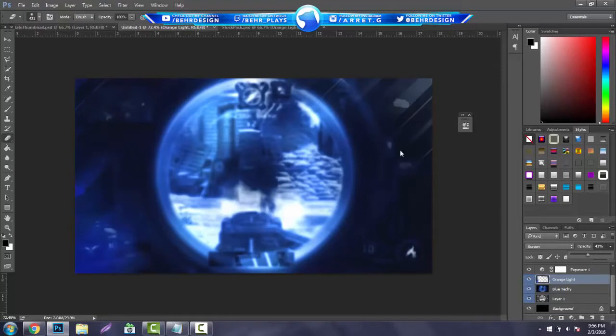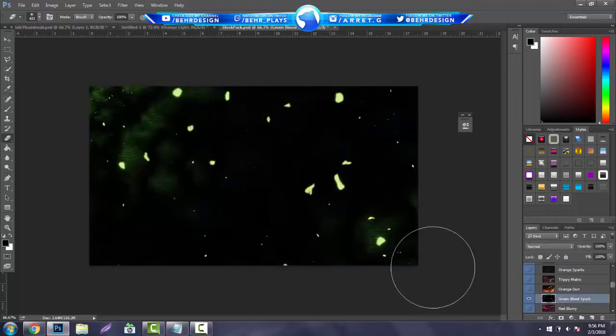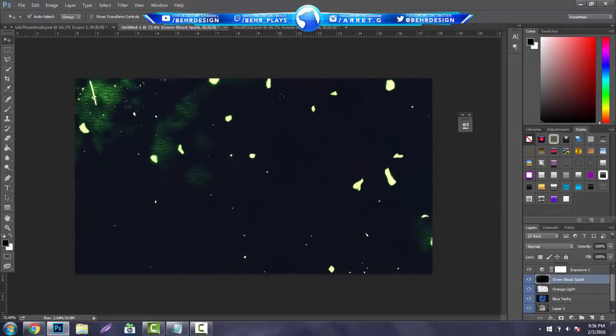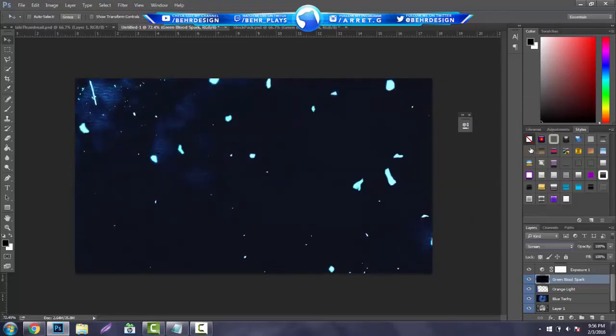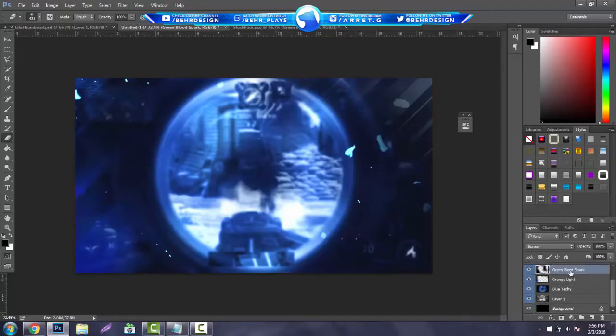Alright, so you guys can keep that the same, and then go back into that stock pack, and you can just keep grabbing anything you want. I'm going to be grabbing the green blood sparks, and then place these in. Same thing, hit Control U to bring up your hue and saturation. Just drag it around, make it a nice blue, and it's decent. Hit screen, and then you have this. So basically what we did is we made it a lot brighter, a lot more attractive to look at, and it's pretty much all we're going to be doing for the background. Now you can hit the first green blood spark, hit the back layer, and hit Control G to group this up,